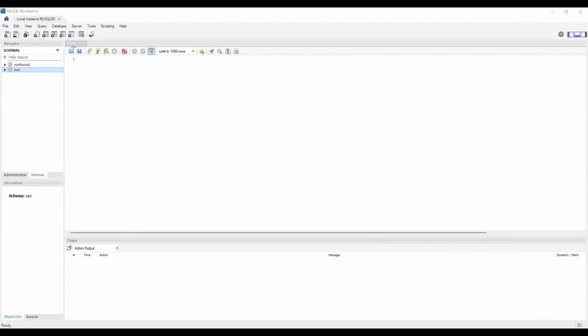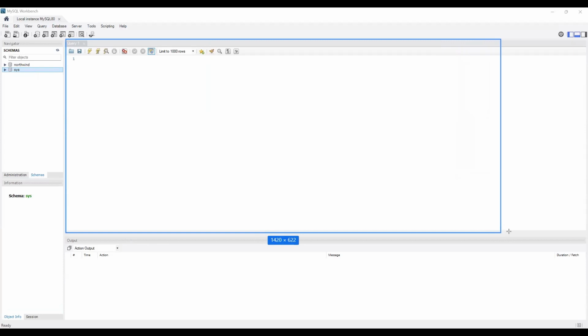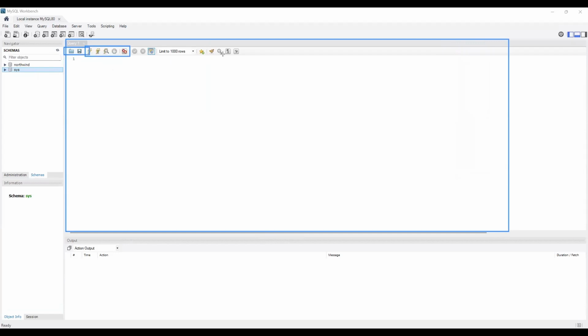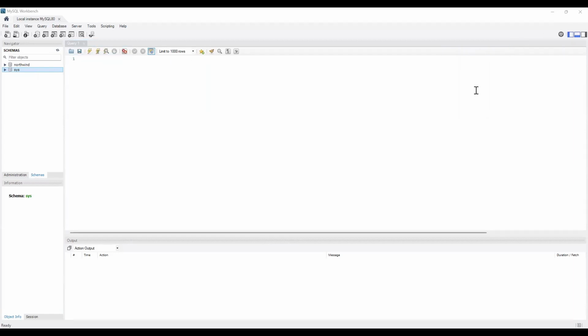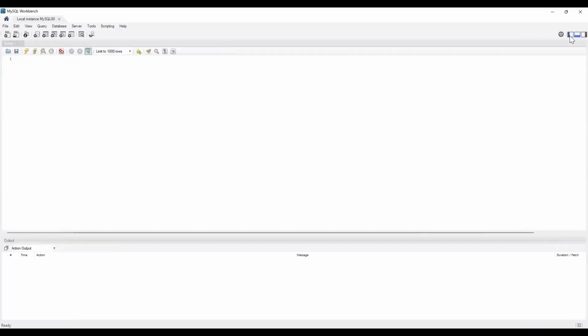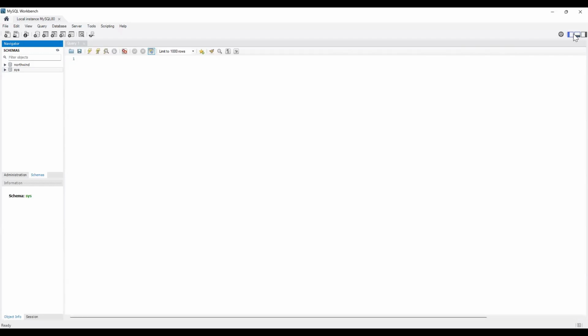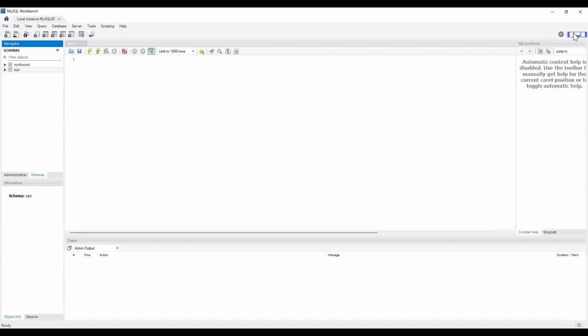Here is where the magic happens on the query pane. Here we are going to write our script, our SQL language script. And here we are going to run our script, save our script, and also import scripts. We also have access to collapse these panes. We can collapse this pane by clicking on this button. We can also collapse this and collapse the